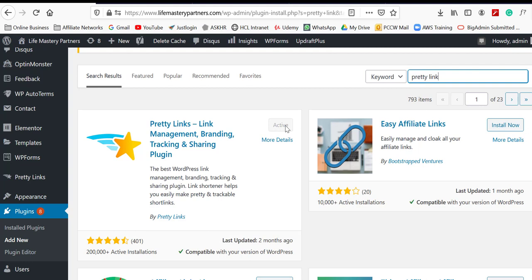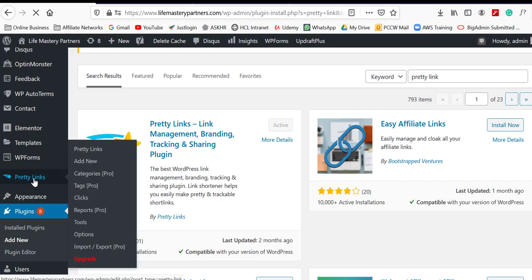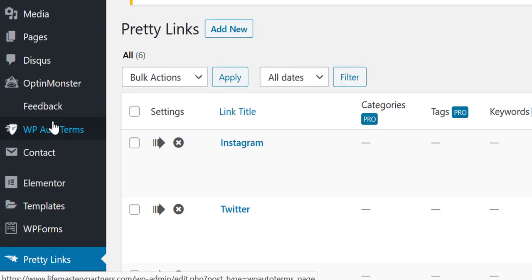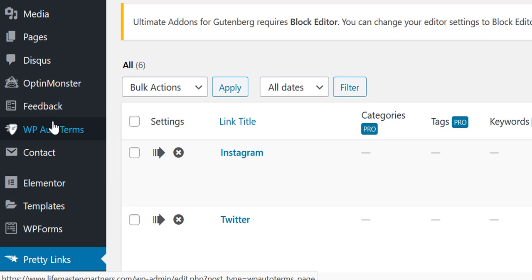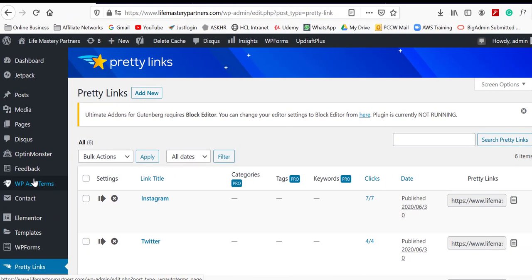Pretty Link uses a redirect mechanism in cloaking. Click Pretty Links from your WordPress dashboard. Okay, the steps to cloak a link are: first, you can see a button with the name Add Link. Click on it.